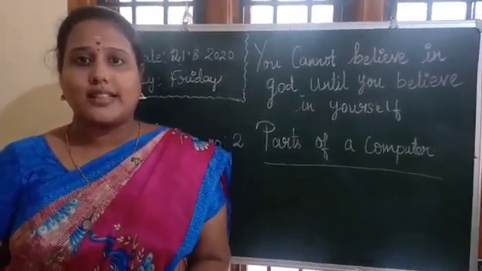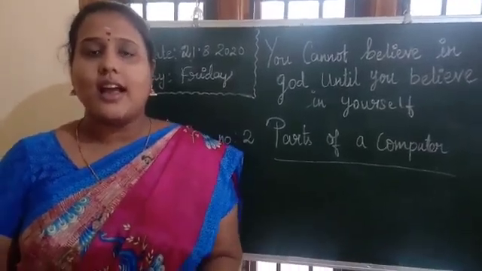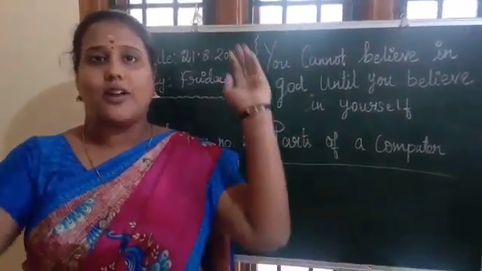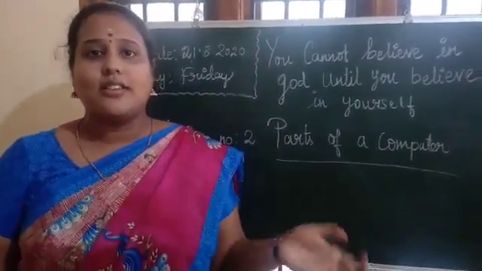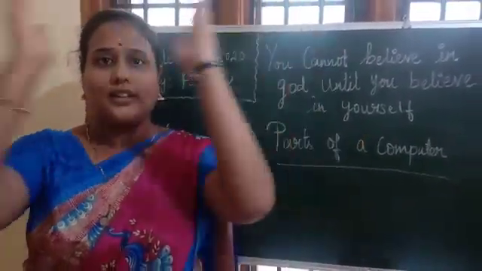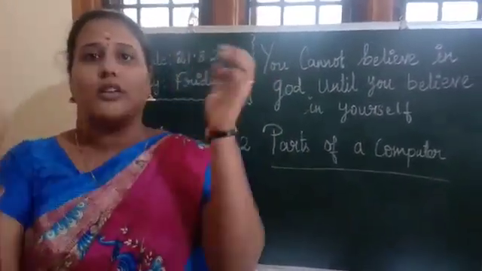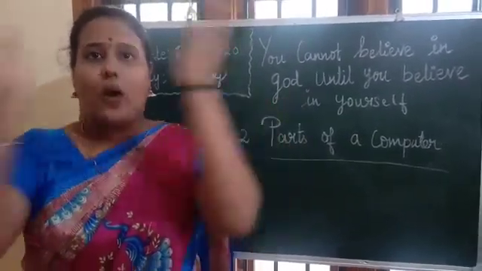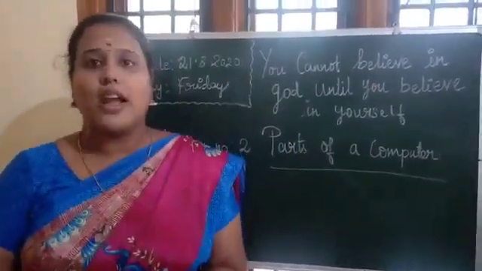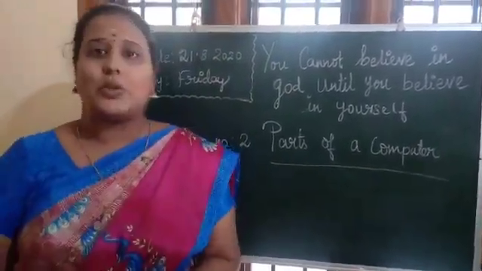Before moving to today's class, let us do a simple activity. First you have to stand straight, raise up your hands and clap 3 times. Shall we do it now, children? Yes. Stand up all of you and clap 3 times. Like this. 1, 2, 3. Shall we do it again? 1, 2, 3. Okay, and again, 1, 2, 3. Let us move to today's class.